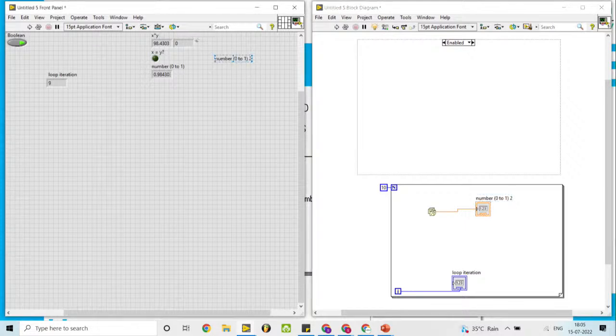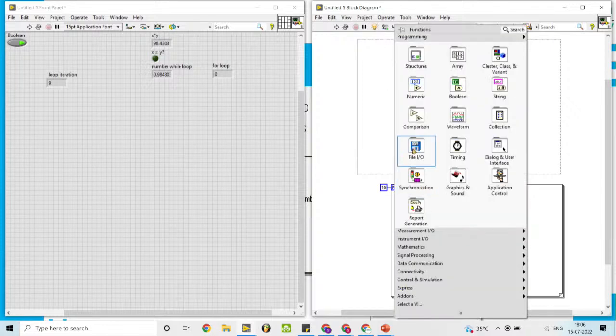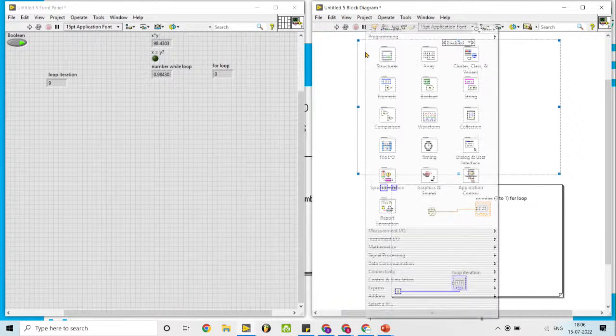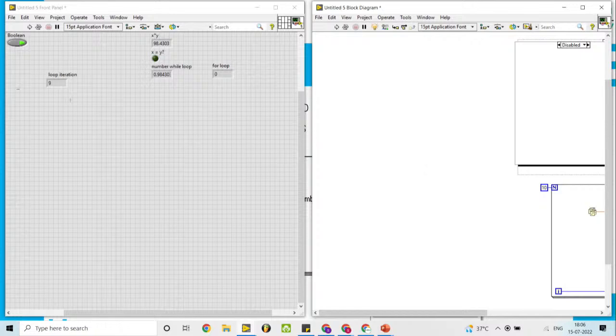It will display. This is the number display for the for loop, and this is the number display for the while loop. Okay, so this is the way, if we run this, you can see here